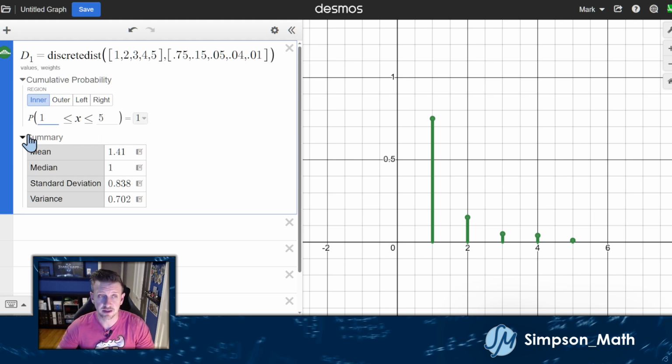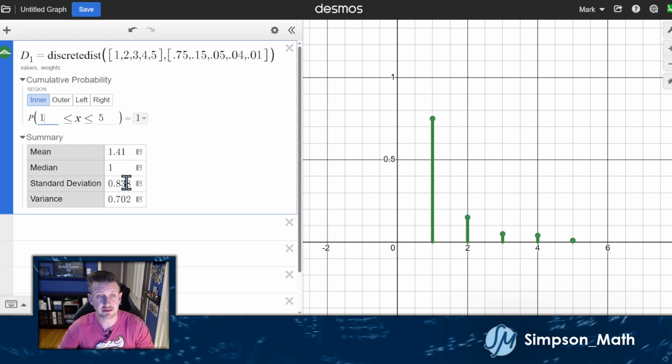And they're right here. Under summary, we have our values: mean, median, standard deviation, variance. Often the mean and the standard deviation will be fractions. They're not real interesting fractions on this example. The next one they are, with the roulette wheel they are. But let's say that